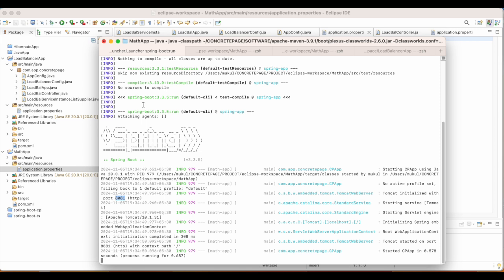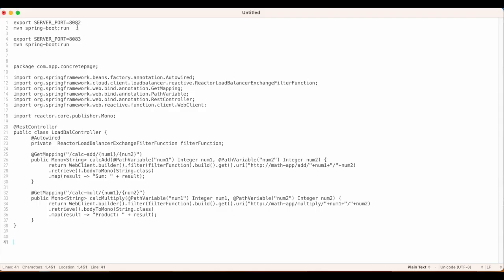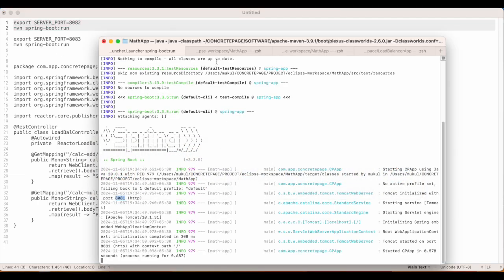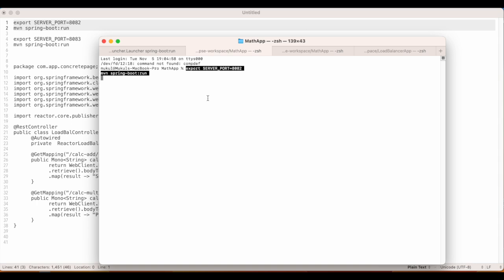So math app has started on 8081. Now we have to start on 8082 and 8083. We can use this command: export SERVER_PORT=8082, then mvn spring-boot:run. These are 2 commands and we can run them together.